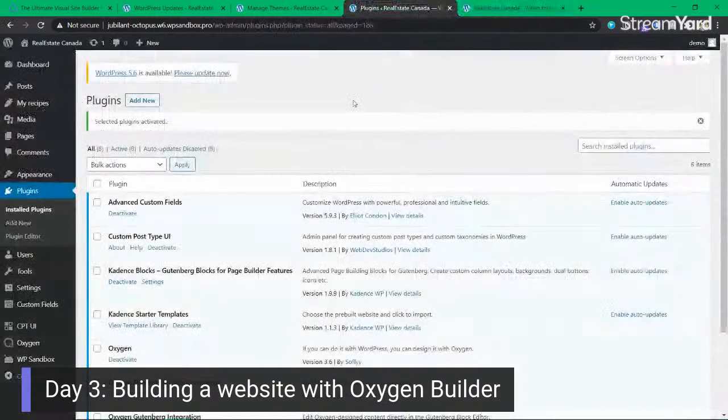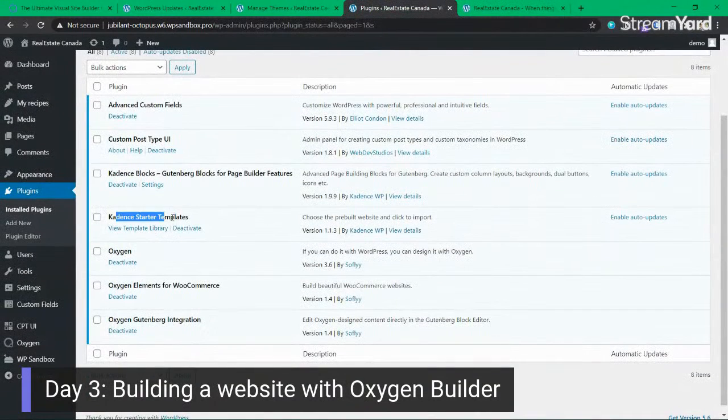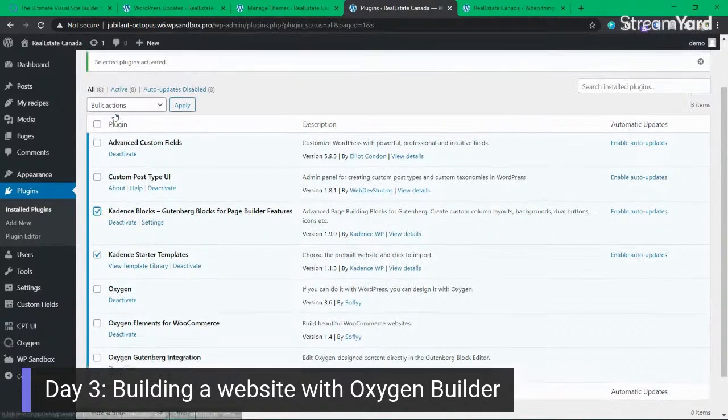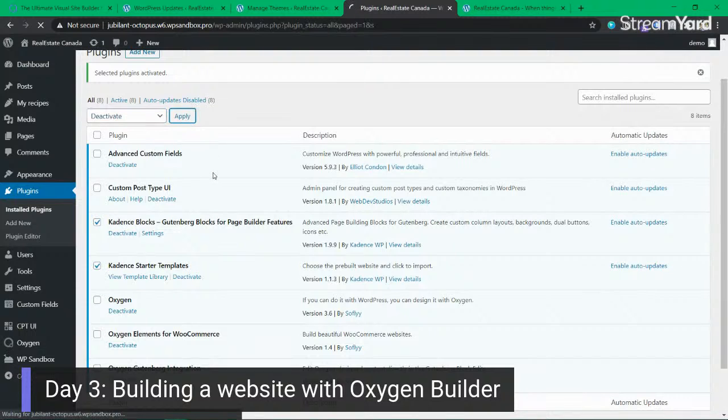Now we have installed Oxygen. We don't need Cadence starter templates now. Also, we don't need Cadence blocks. So what we will do is we deactivate both of them. So we have